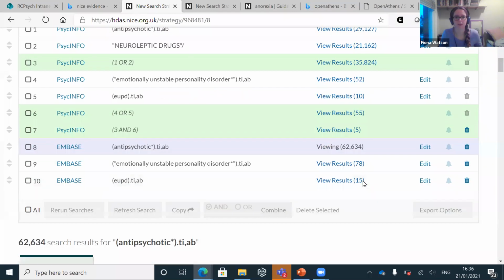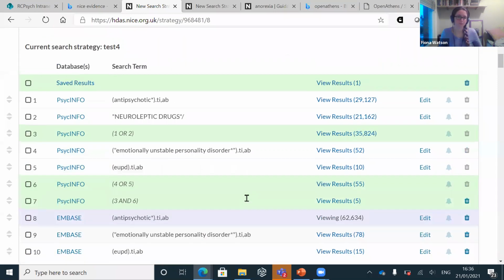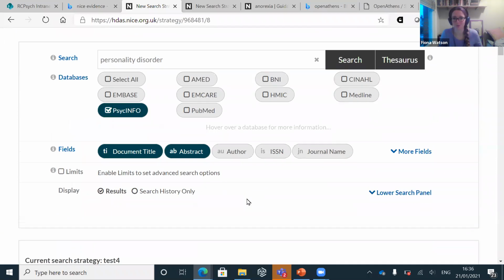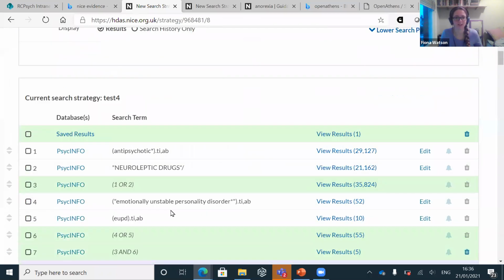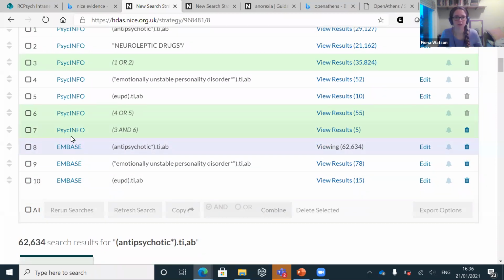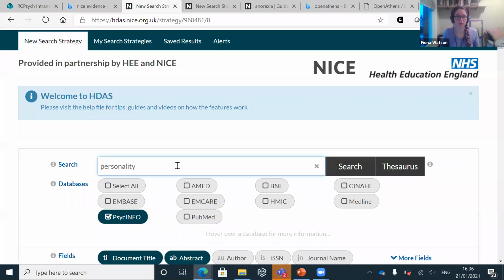And if you want to filter your results, that's not something we really need to do here because we've only got 5. You can do that by the very not intuitive way of taking the number of the search line, which for us is 7, and typing it in here.